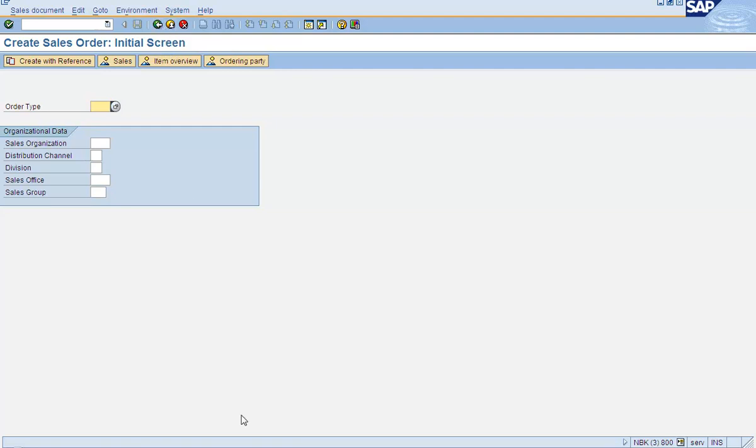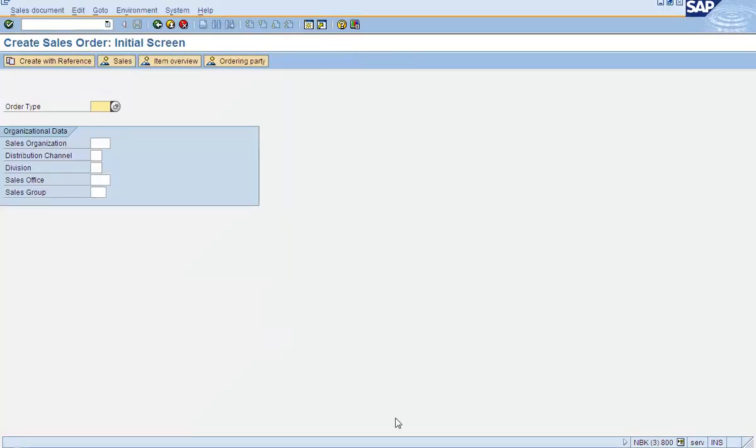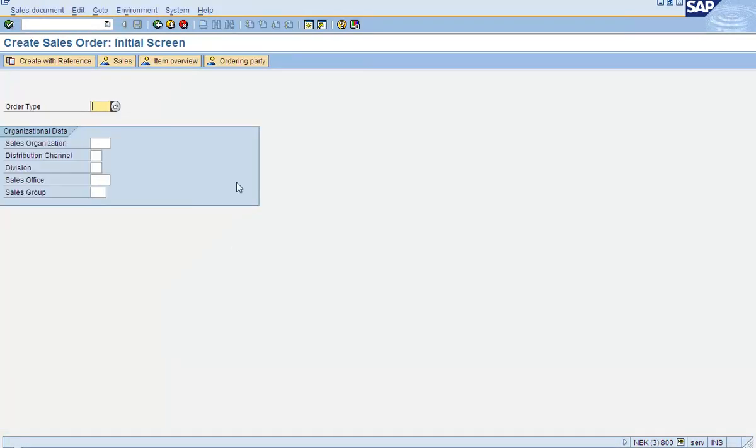Now let me close all these sessions because we don't need this many sessions. To close the session, you can click on this icon, this cross mark, and the session gets closed. Don't we have to save it first? No, if you're doing something, then you have to save it if you want to save it. But I didn't do anything, right? No, it's not highlighted because you're in the initial screen. You're not doing anything. Even if you go here, creating sales order, it's not highlighted because I didn't start the process of creating a sales order.